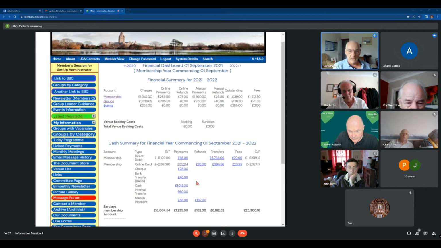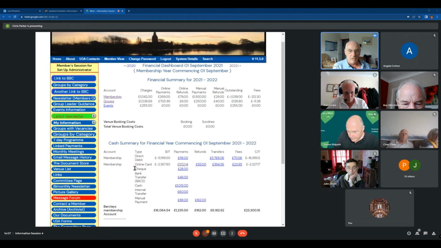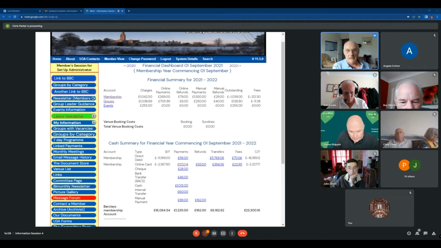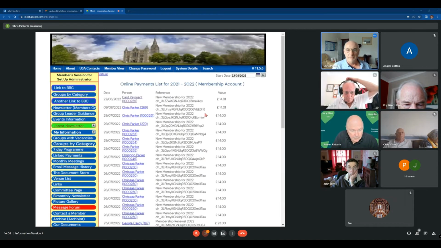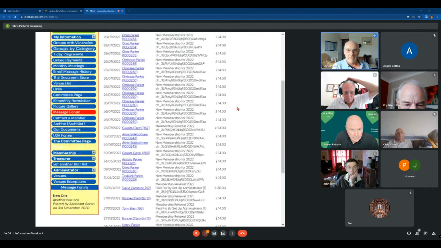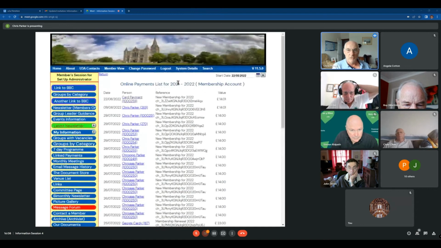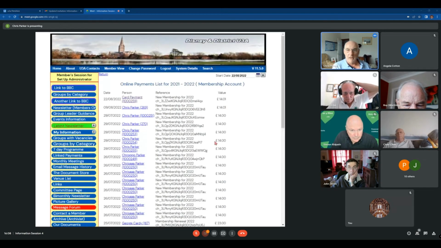And you can find that out by clicking on the bottom part, the cash side, which is the side that does tie up with Stripe. So we've got here this online payment of £552. If we click on there, you get the list of everybody who's paid for this year, and you'll find that here, for instance,